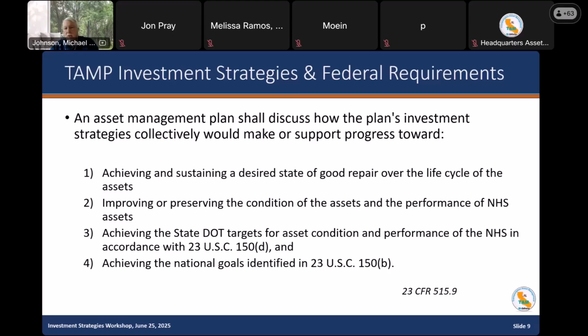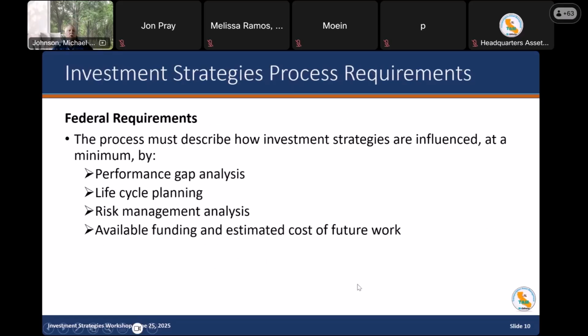So same section 23, United States Code 150. Here section, it's B through B, C, D, and so forth. But these are basically the regulations or the laws. These are all captured in 23 CFR 515.9 if you want to actually read the regulations. So this is kind of what we have to be able to do in order to get our asset management plan certified. So the federal requirements say that the processes that they talked about documenting on the previous slide, they